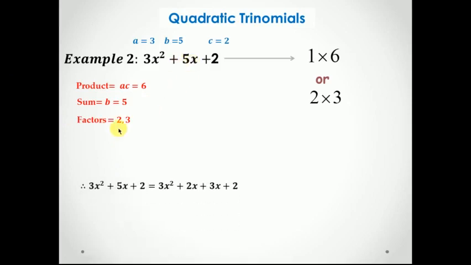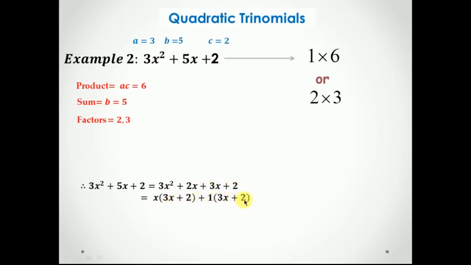We're going to replace it with 2x plus 3x plus 2. And again, we have 4 terms that we can now factorize by grouping in pairs. Grouping in pairs will give us, well, x is common for the first pair. So we factor out x, that will leave us with 3x plus 2. 1 is common for the second pair, so we factor out the 1, leaving us with 3x plus 2 in